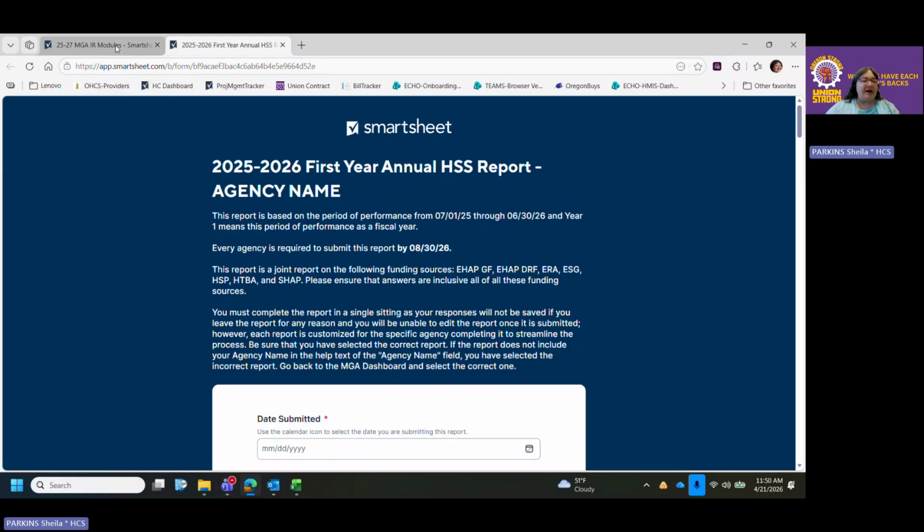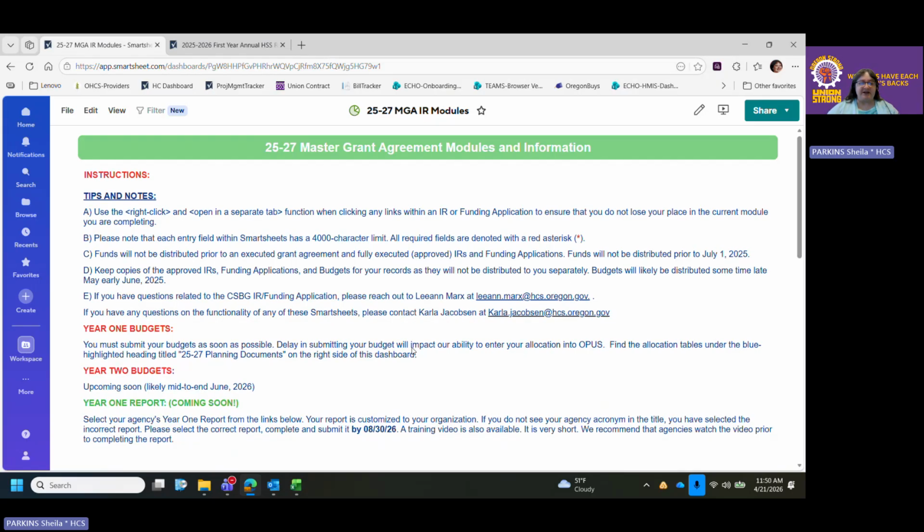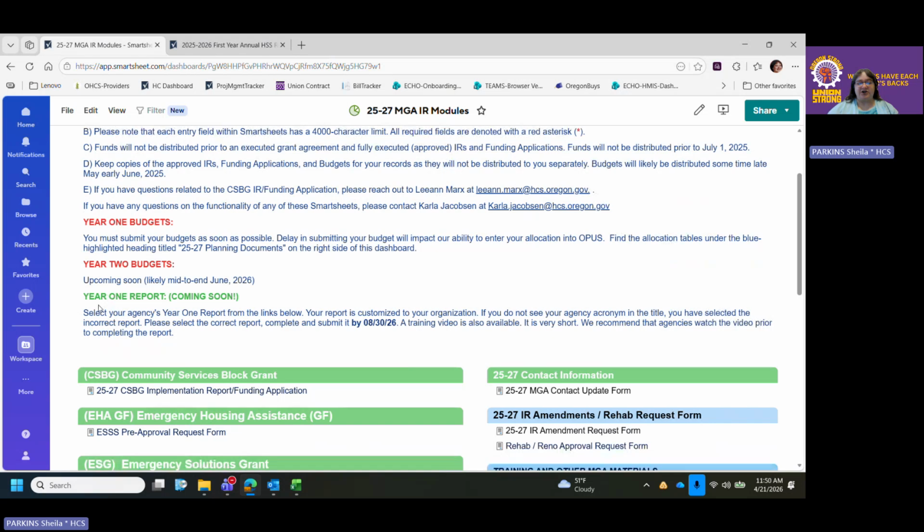So, what I have right here, let's start here. Right here from the Master Grant Agreement Module and Information Dashboard, or your MGA dashboard, you will see that right at the beginning, we have some instructions. And one of the instructions here in the green highlight is your year one report. It's saying coming soon now as I record this, but that will be removed once the report becomes available